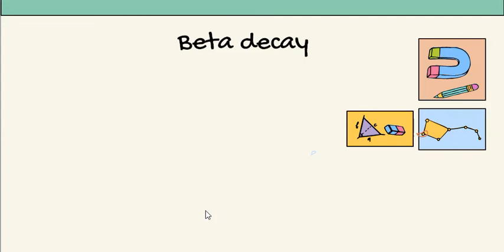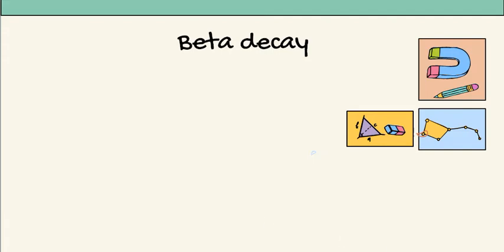Now, what is a beta particle? A beta particle is an electron. So if we want to say what beta rays are, we will say that it is a stream of electrons. In alpha rays, the stream of helium nuclei is there. In beta decay, the stream of electrons is there. So how do we describe beta decay? We will say that the process of spontaneous emission of an electron or a positron from a nucleus is called beta decay.